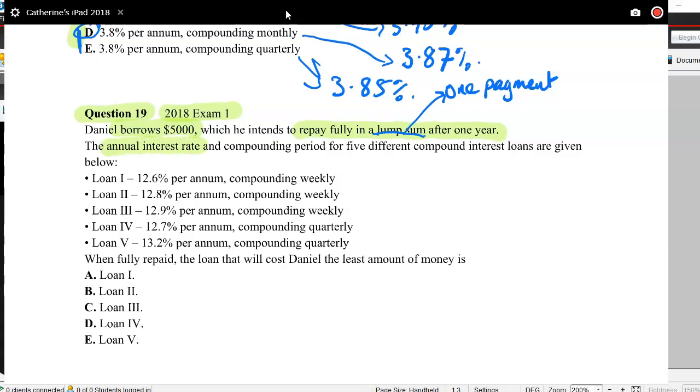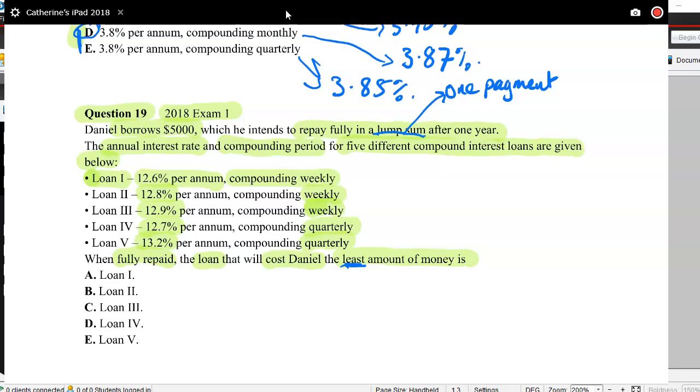All right. The annual interest rate and compounding period for 5 different compound interest loans are given below. So loan 1, 12.6% per annum compounding weekly. Loan 2, 12.8% per annum compounding weekly. Loan 3, 12.9% per annum compounding weekly. Loan 4, 12.7% per annum compounding quarterly. And loan 5, 13.2% per annum compounding quarterly. When fully repaid, the loan that will cost Daniel the least amount of money is